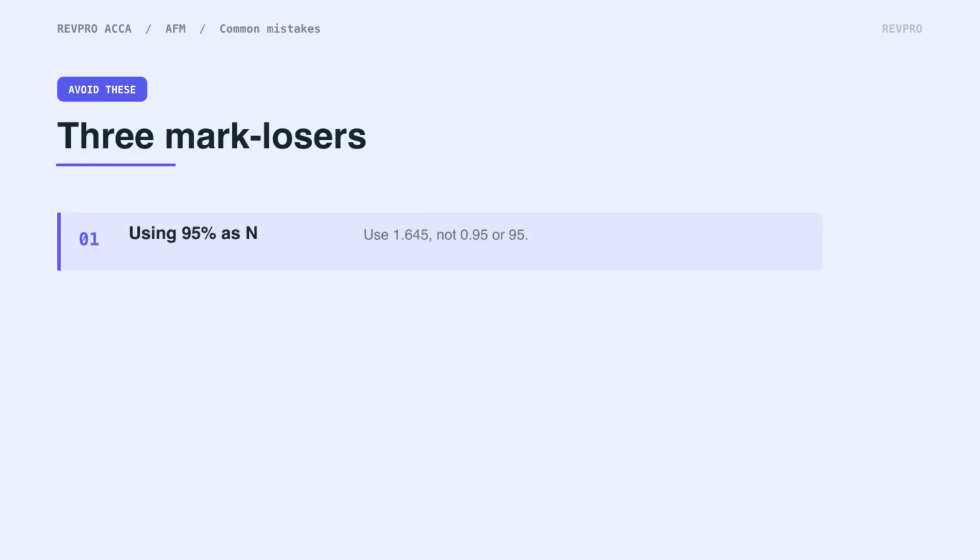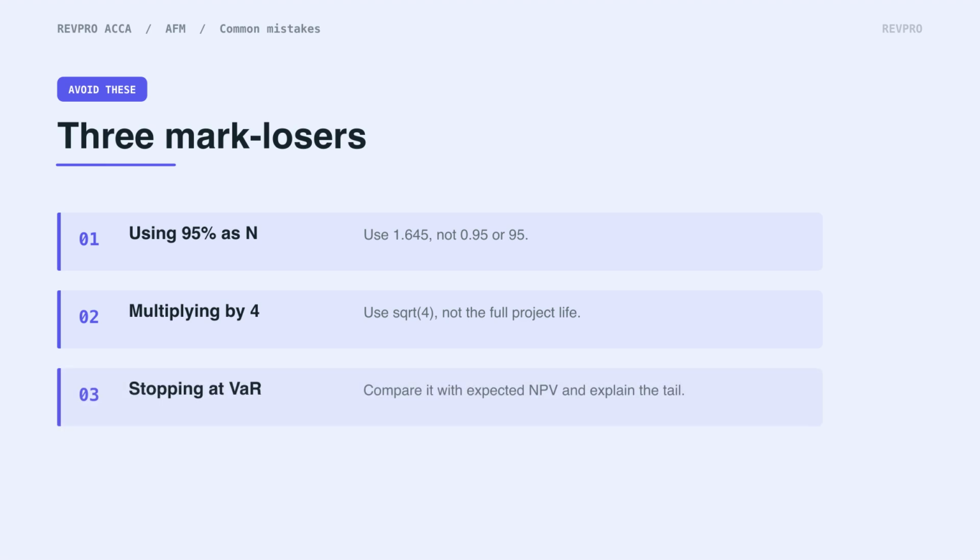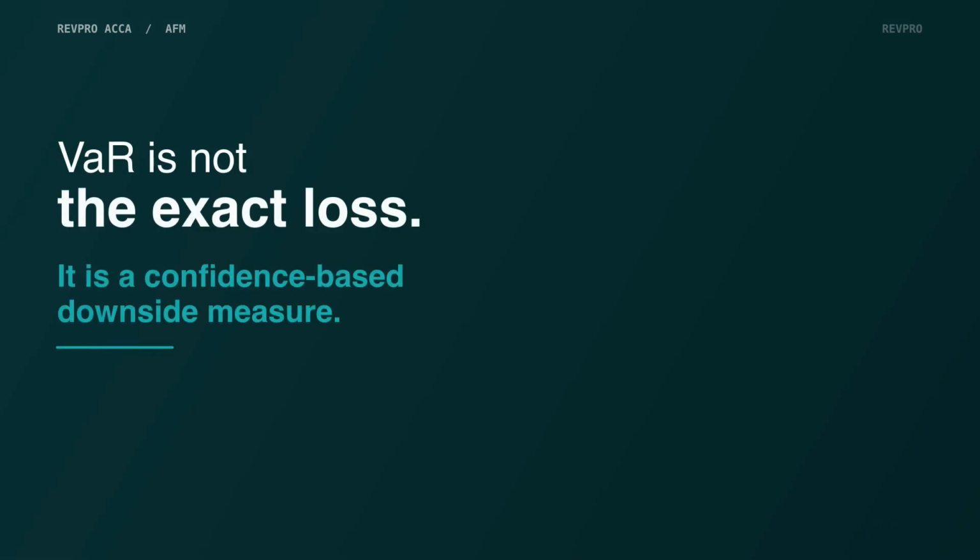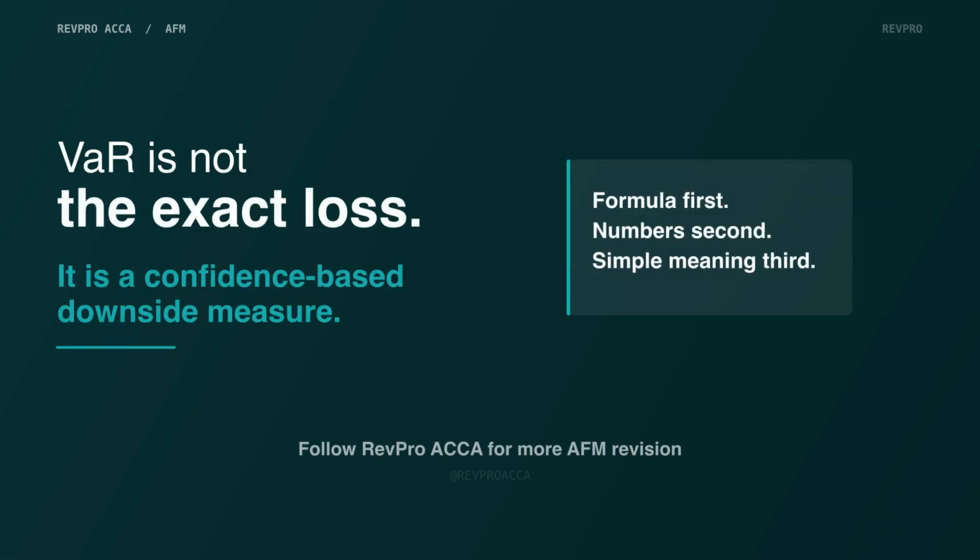Avoid 3 common mistakes. Do not use 95% as N. Use 1.645 if that is the value given. Do not multiply by 4 years. Multiply by the square root of 4 and do not stop after the calculation. The examiner wants interpretation. So remember, VAR is not saying the project will lose that exact amount. It is saying how large the downside could be at a